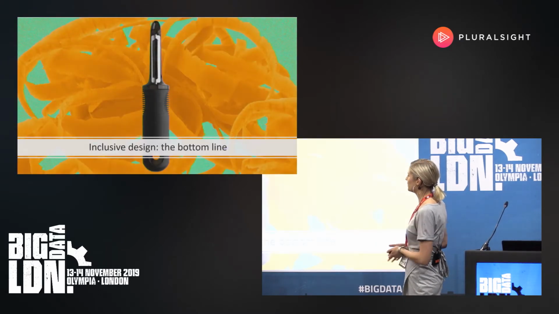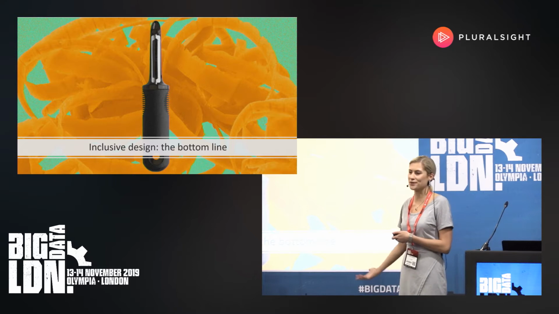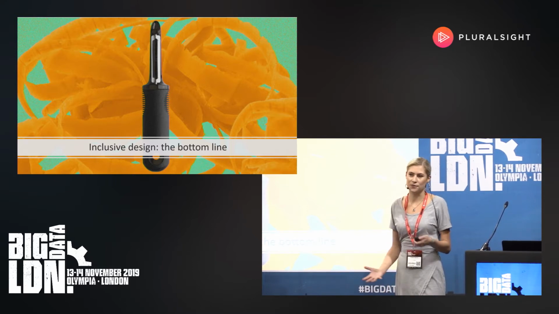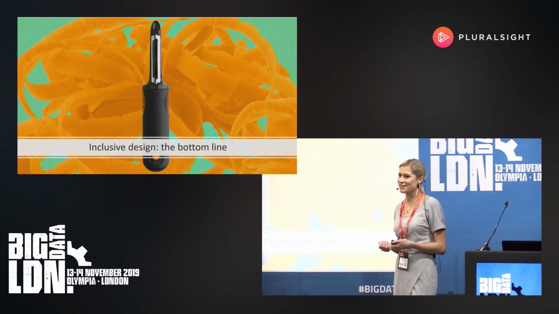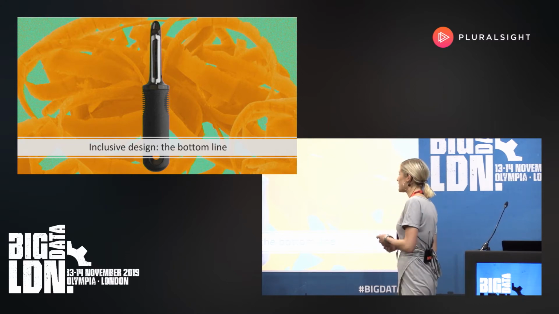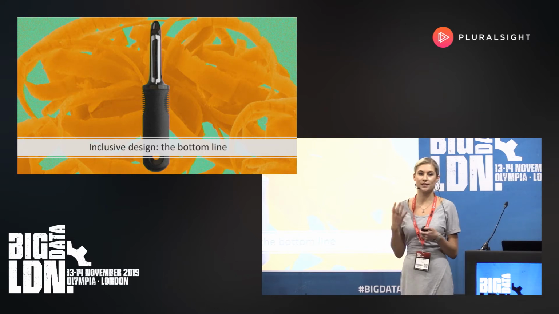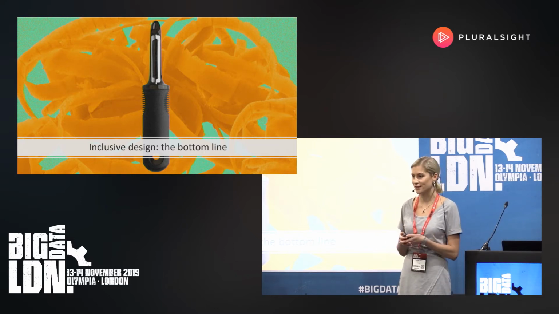Oh, and also the OXO Good Grips line, which is what the picture is of, is also a great example of inclusive design. So we have one in all of our kitchens. It's a vegetable peeler. And basically these were designed for people with dexterity impairments like arthritis.